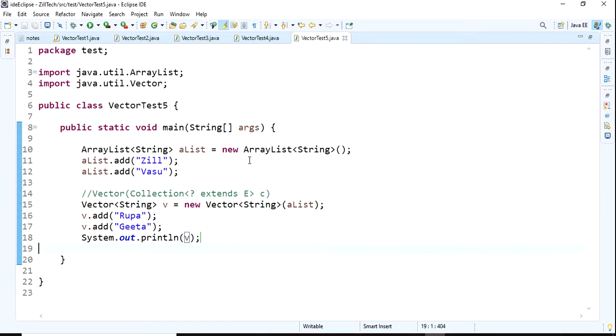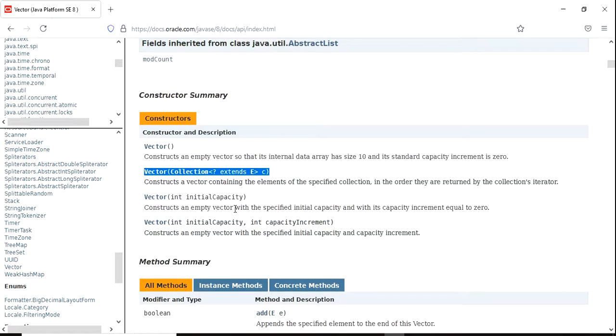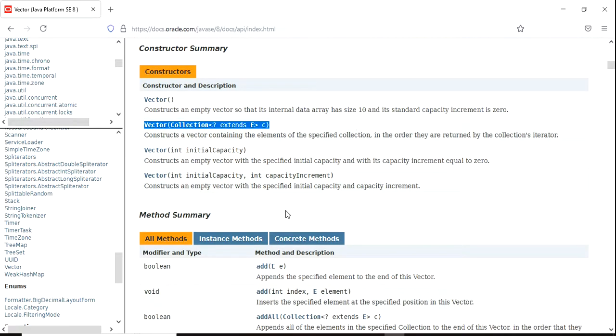These are the four constructors, and very important at the time of interviews. When you are facing interviews, these four are important. The first three are growable in nature, so we can manage the memory, and the last one is about taking another list, any other collection's data. These are the four constructors we have, and refer to the Oracle doc and you will get more clarity on each and every topic of collections.